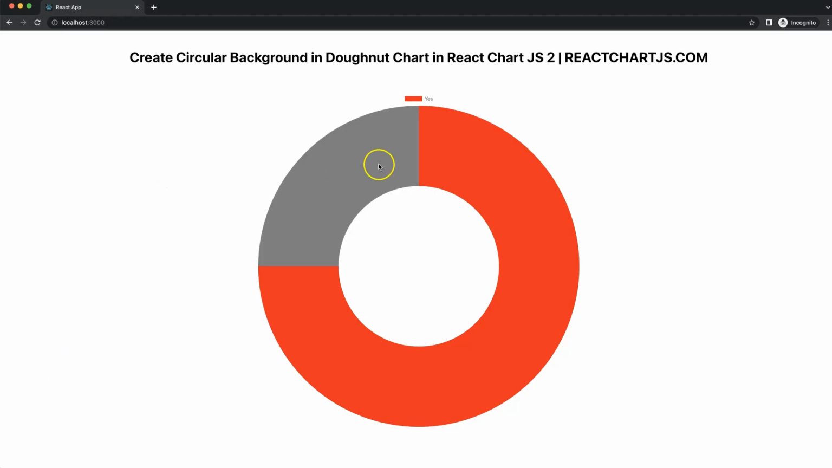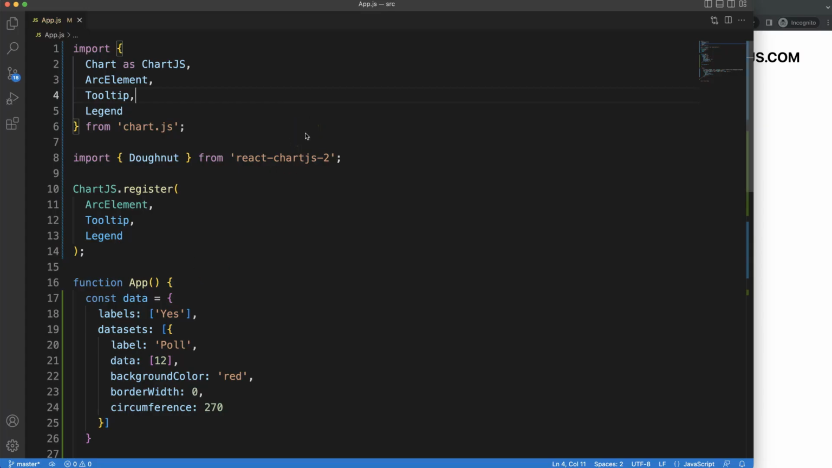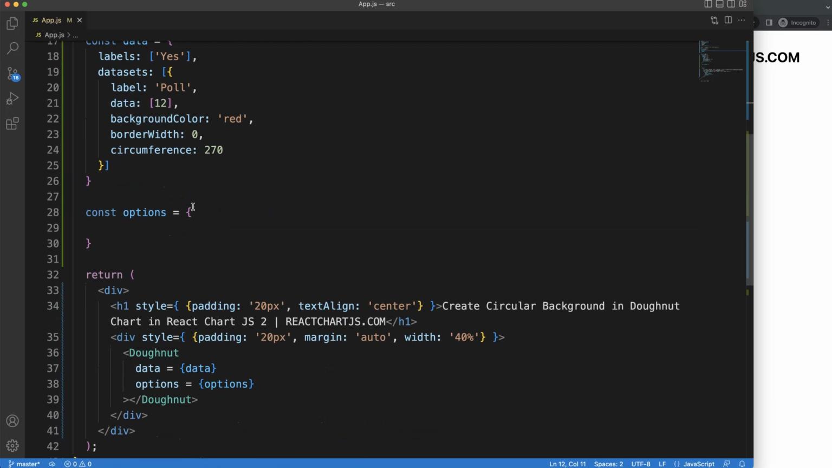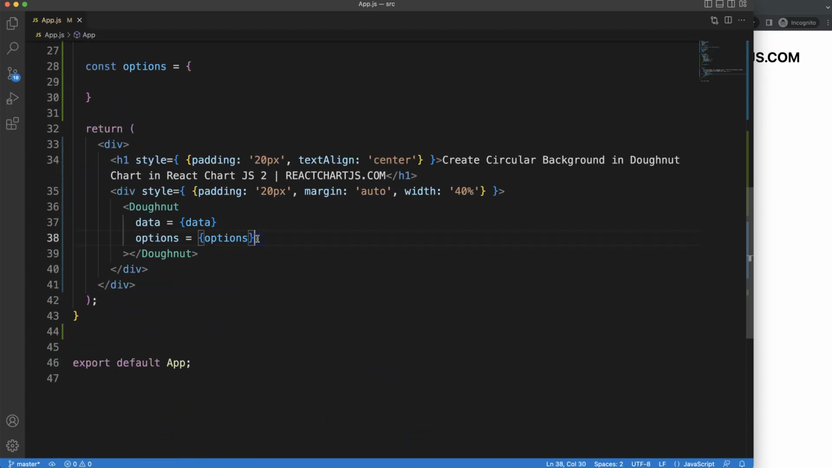So let's create a circular background in a donut chart in React Chart.js, and as I click on this, you will see here the background maintains while the dataset disappears. So to create the circular shape in our donut chart, what we need to do is to create a custom